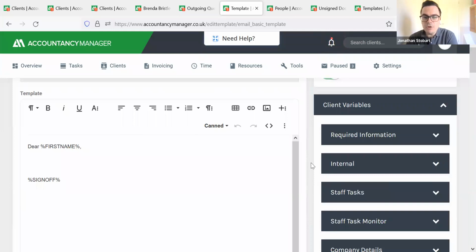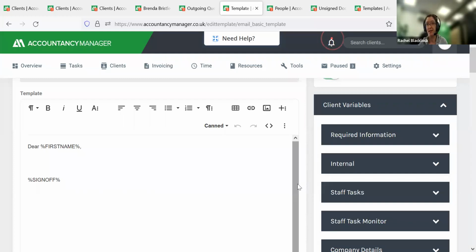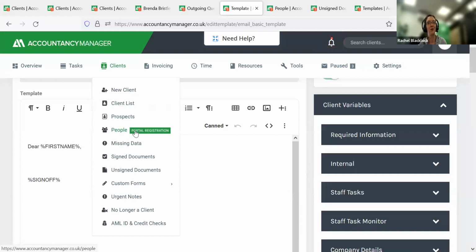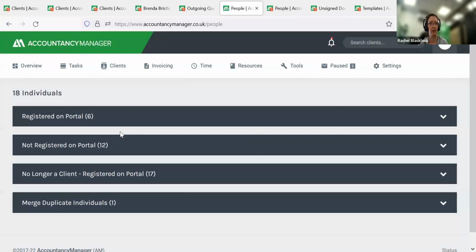If a user uses Go Proposal for both proposals and letters of engagement, how do you register the client on the portal? It is one of those things you would have to go into AccountancyManager and ask them to register. Whoever's the client manager will get a notification: this client has now signed their proposal in AM. Then you'd pop to clients and people and send them an email from here